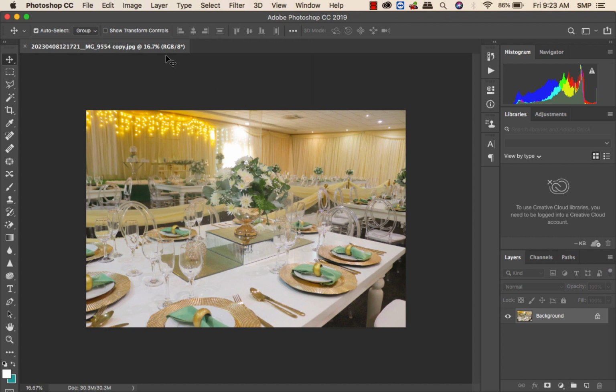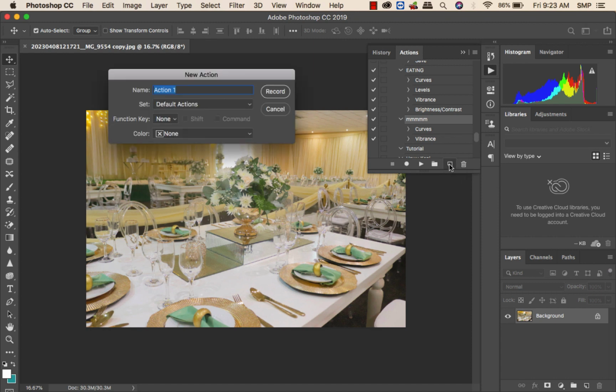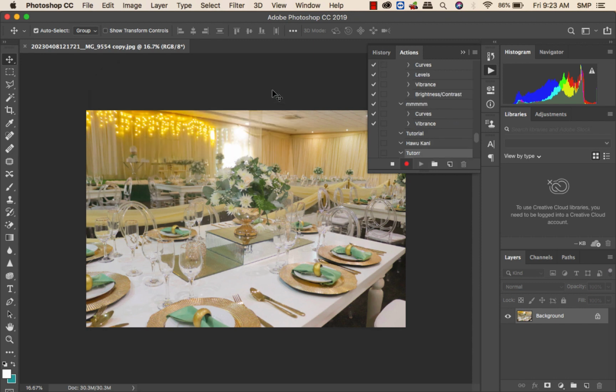It's not looking good, this image. I'm going to actions. First I have to create a new action by clicking here. I name the action, let me just say tutorial,